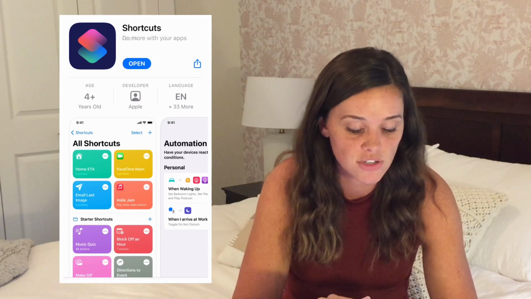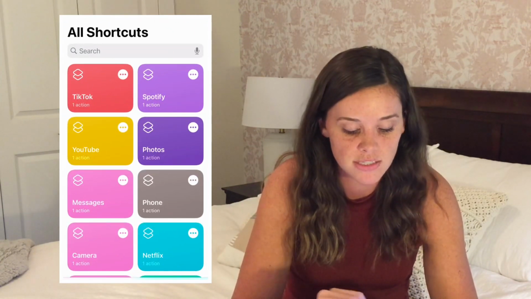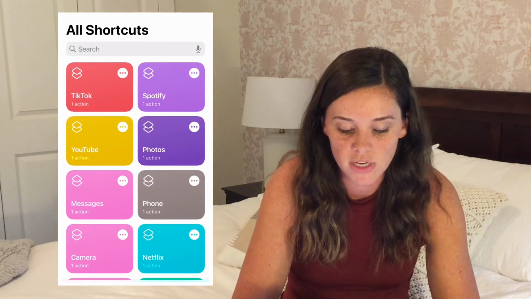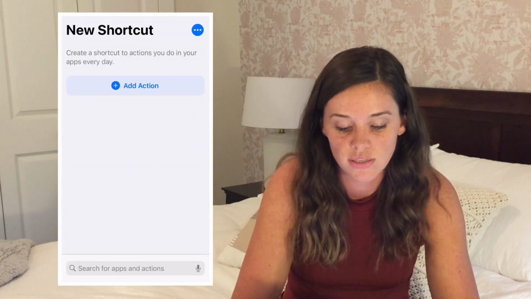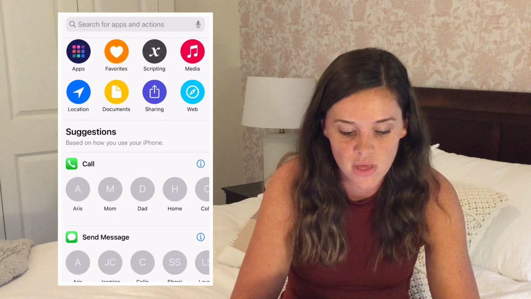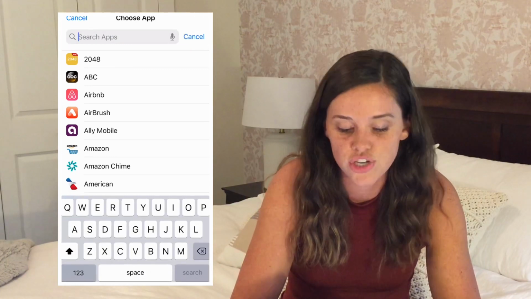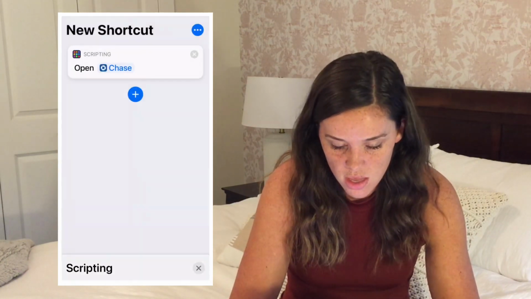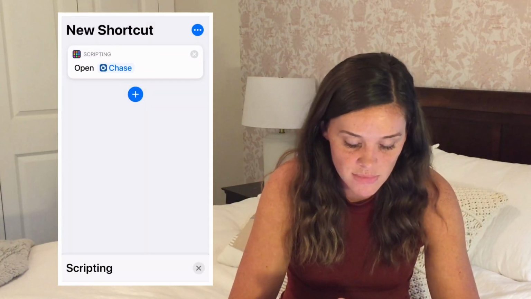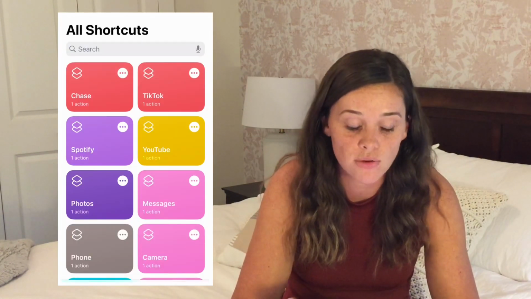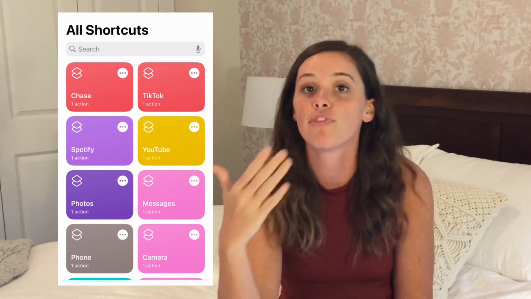As you can see, I've already created these apps for a lot of things. So if you want to create a new one, press the plus button in the corner, add action, go to scripting, open apps, and I'm going to choose the Chase app. Go next, name this Chase, done. All right, so now to create that aesthetically pleasing icon, you're going to want to first pick out a photo